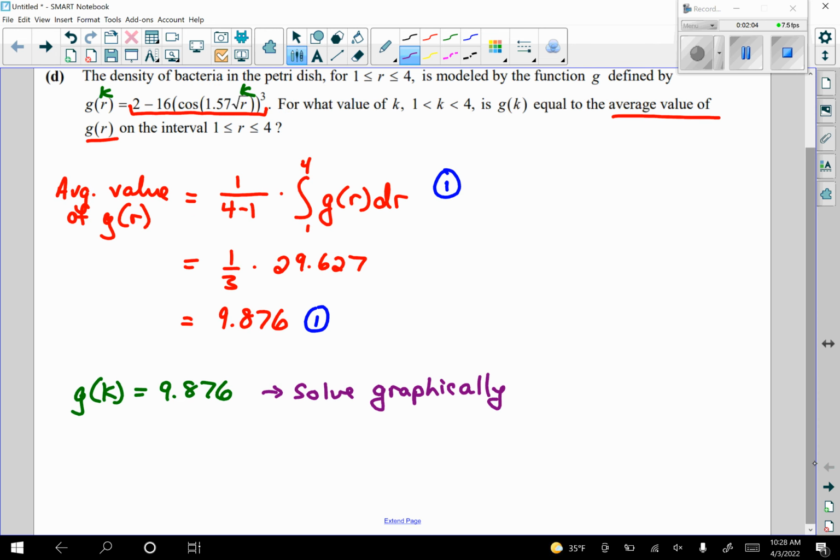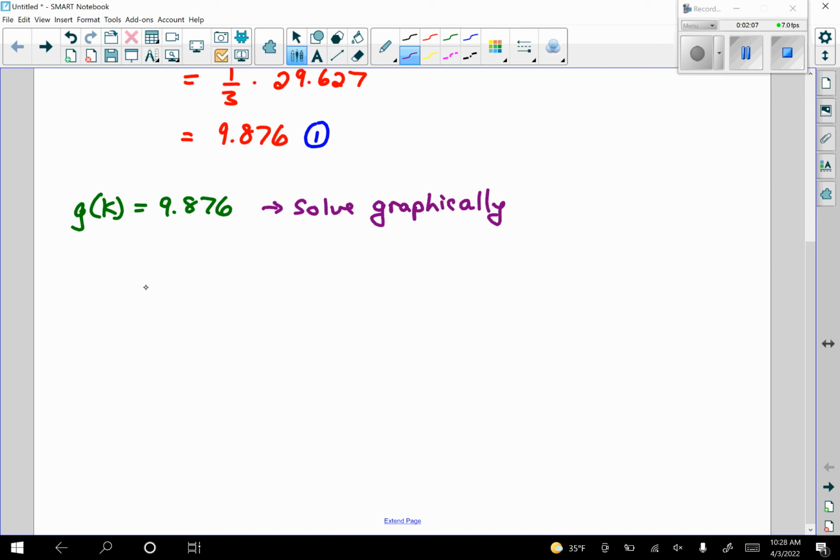So the first function we're going to graph is, we'll just call it g of x. So you're just going to type in at the top 2 minus 16. And again, watch your parentheses, cosine of 1.57. Now here we have no choice. We have to use an x for the calculator to be able to graph this. And we want to cube that. Once you have that graphed,